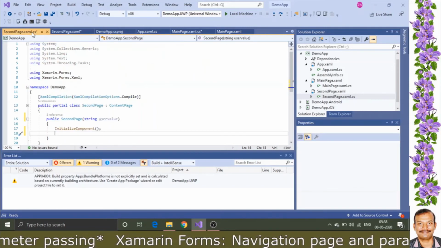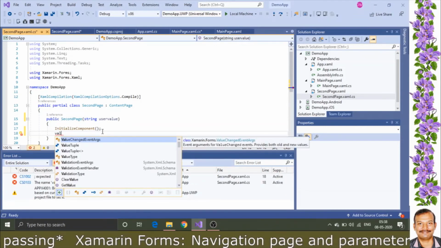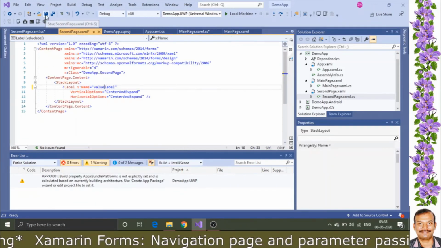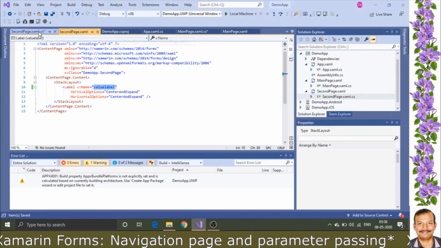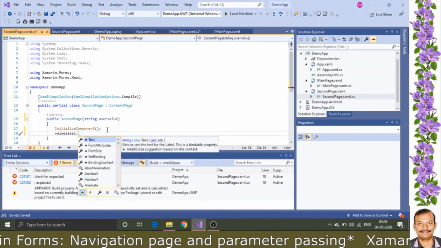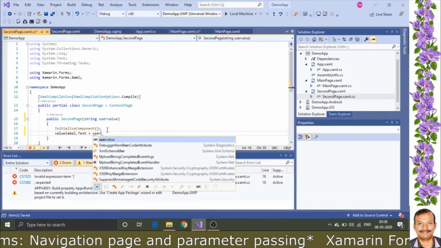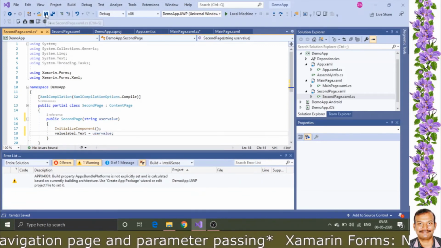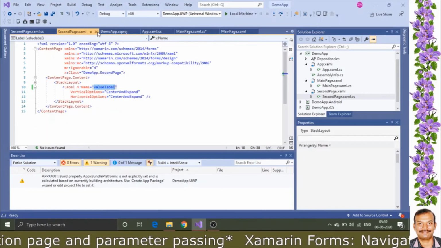In the CS file, value label, you copy it, or you can even type it; sometimes it will suggest the value, sometimes it will not. Text equal to user value, give a semicolon. Now we are passing the value from this place to that place. That's what we have done.